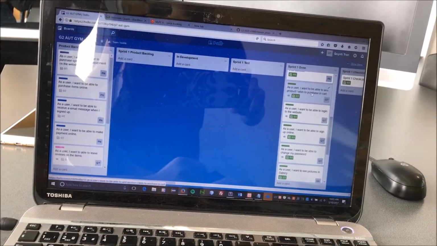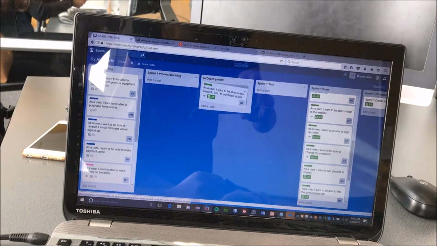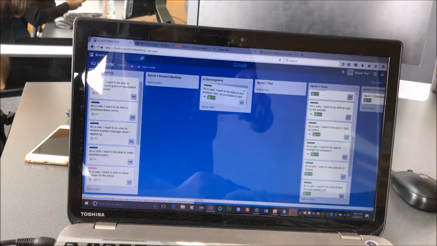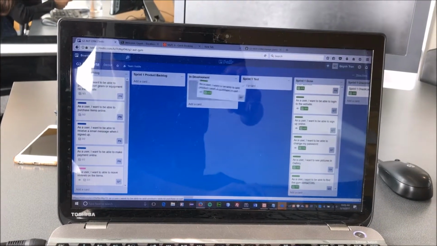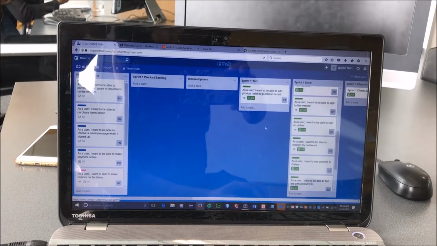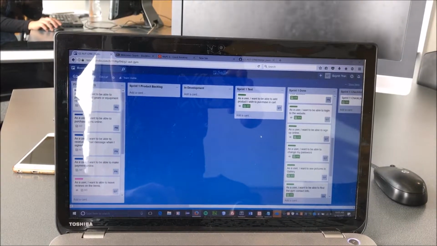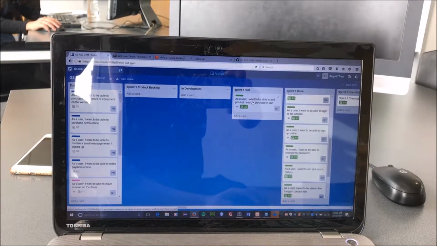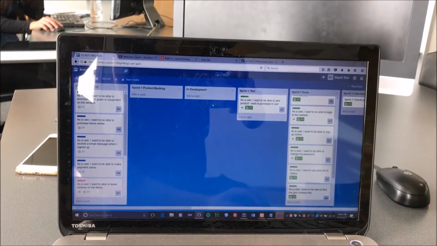When we are doing a user story, we move it into in development. Once the member is done with that user story, we move it to testing, and a different member will do the testing. Once the testing is done and all passed, and we tick the acceptance test,